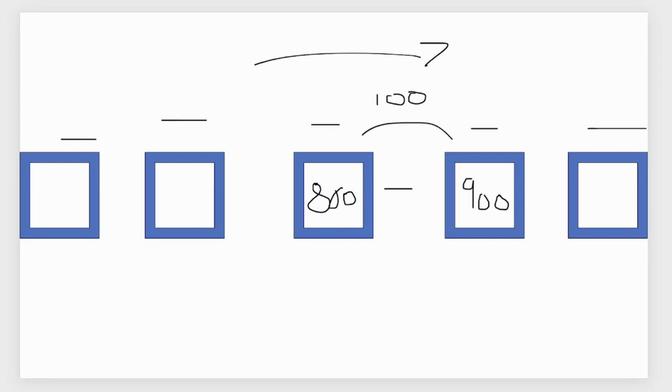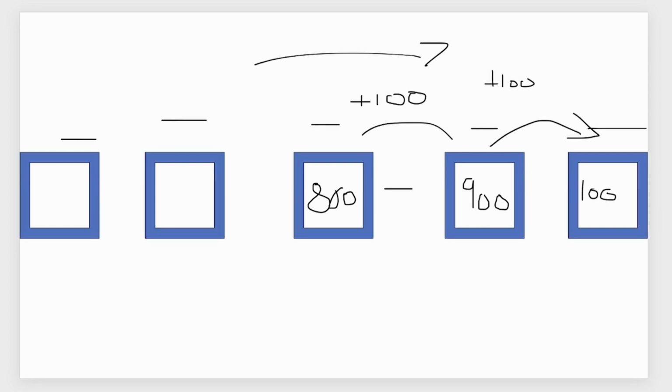So again, we are adding 100 this time. So if we go from 800 to 900, we are adding 100. So if we go from 900 to the last number here, we're going to add another 100, which is going to give us the answer of